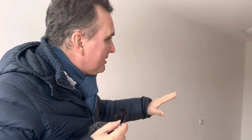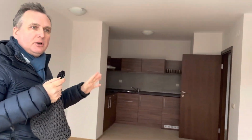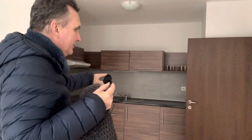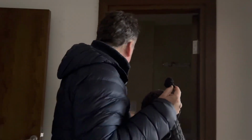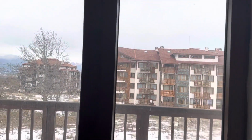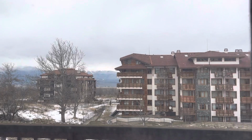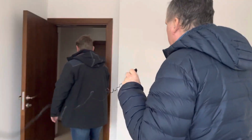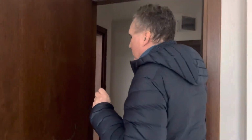So, here's a typical, well-proportioned one-bedroom apartment, but we just want to show you through this door. This is a kitchen area here. It's 64 square metres, is that correct? We've got a bathroom here. It's big enough for a one-bedroom. That's fine. The electricity is not connected, so that's why it's a bit dark. And here's the bedroom with a nice balcony. Look at this. Okay. So the interesting bit, let's go through to the other room, is that we have a 64 square metre